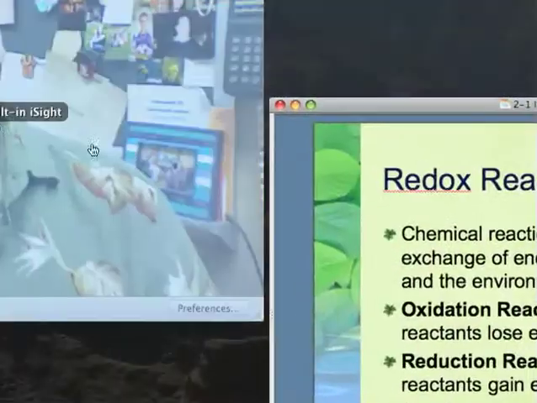So what happens when we consume food, we take electrons, or in this case energy, from that and we add it to ourselves. So we oxidize that and we reduce it to ourselves. And what we're doing is basically converting energy from one form to another. And that's how we survive. That's how we get energy from the food that we eat.